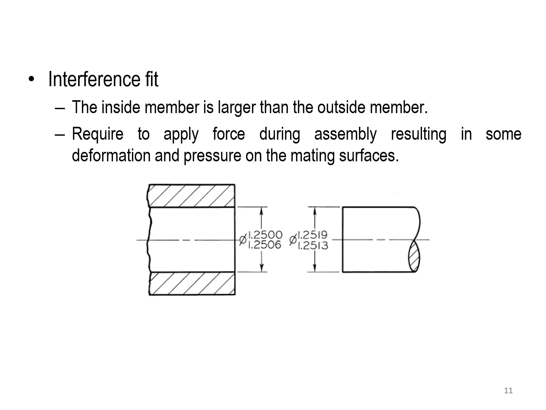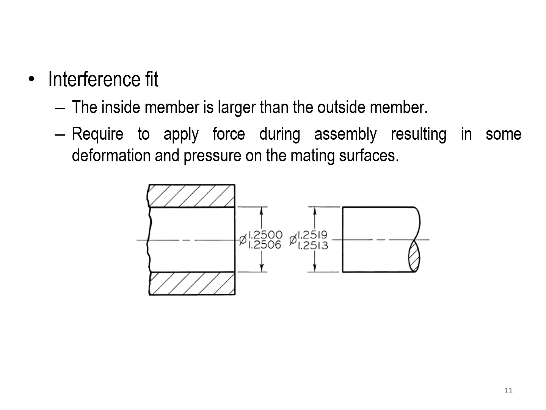Now we're coming to the third type, which is the interference fit, where the inside member is larger than the outside member, or the shaft diameter is larger than the hole diameter. Now you'll ask how to fit it. Well, the answer is by force. It is required to apply a force during the assembly, resulting in some deformation and pressure